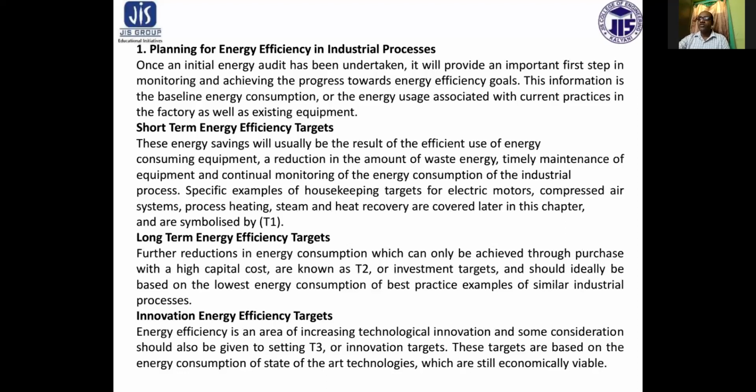So much of this information is available through CADET, that is, the US Office of Energy Efficiency and Industrial Technologies, and the World Energy Efficiency Association, whose details are beyond the scope of this course.